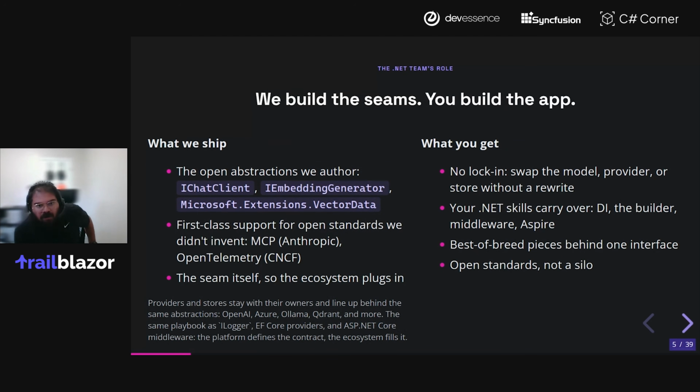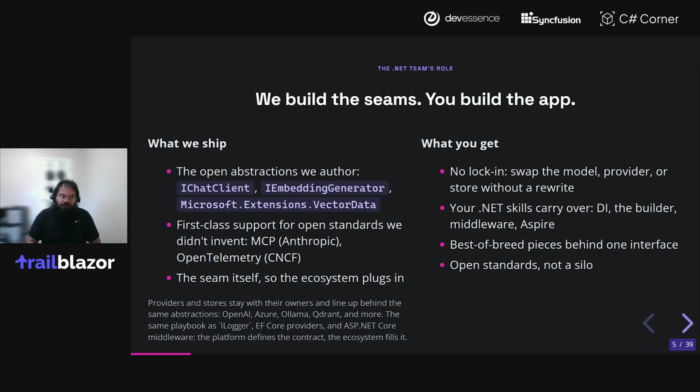But before we get started, I think I've sort of alluded to it, but what do we see as our role as a .NET team, right? And so I could tell you from my perspective, the role that we have taken on in this AI space at the platform level, at least, is we play to our strengths, right? And so very few ecosystems out there have a steward, right, like Microsoft behind them. And so we really take that responsibility. We take it seriously, right?